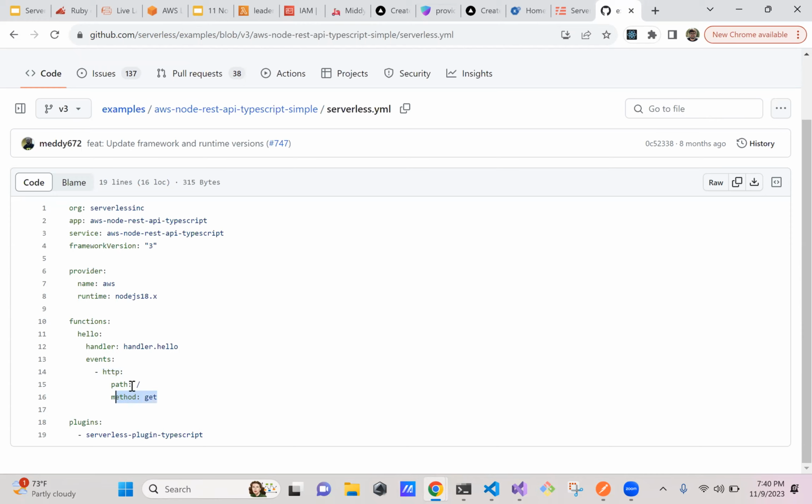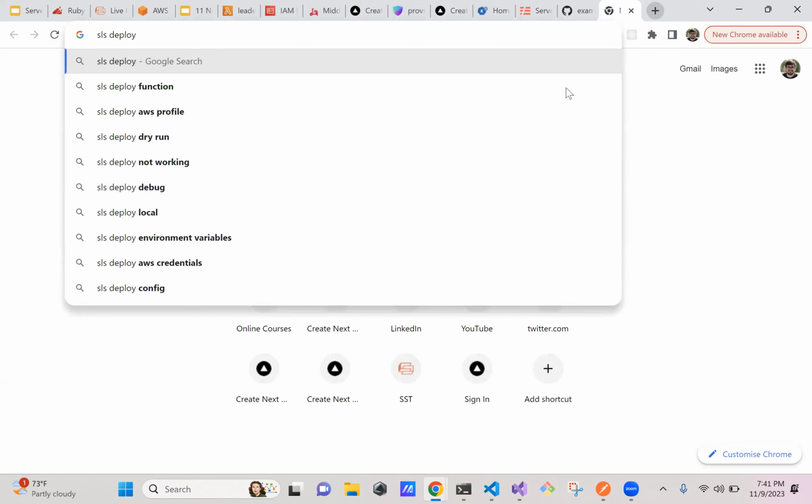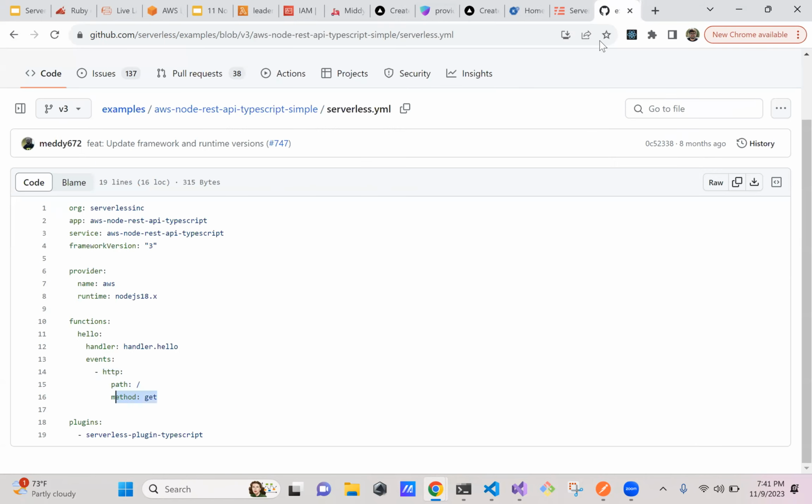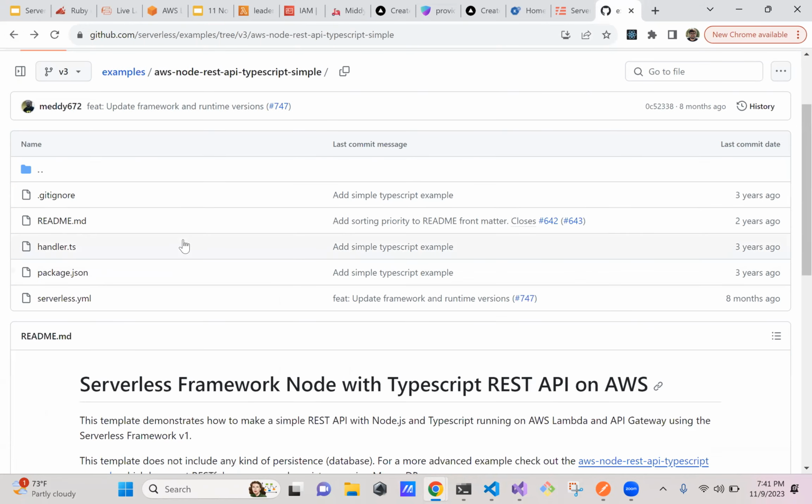And so when you deploy this, which I think in Serverless is as simple as just saying SLS deploy when you have the CLI installed, it'll provision all those resources for you. It'll create the Lambda. It'll create the API through API Gateway. If you have DynamoDB, you can do that all here too. And then once you have that API URL, you can just make a GET request to it, and it'll spit out hello world. So that's kind of the selling point for having a framework like that,